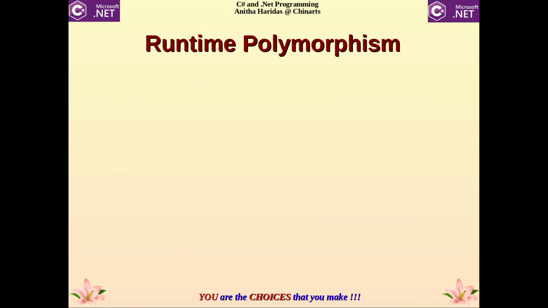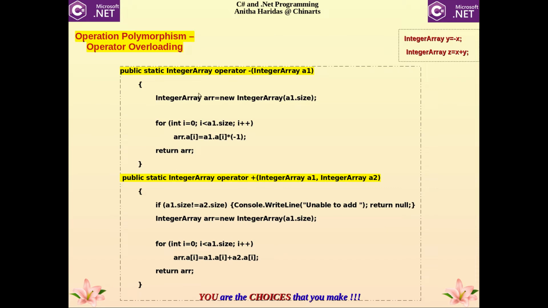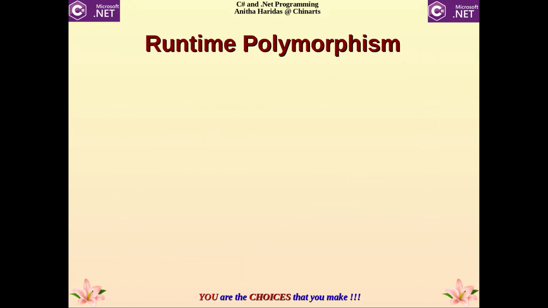Now the operator overloading we will be discussing in detail in another video. What are the overloadable operators, what are the non-overloadable operators, how you can achieve unary operators to be overloaded, binary operators to be overloaded, what are the features of operator overloading, everything we will be discussing in another video. For the time being, just to understand compile time polymorphism, how it is achieved through operator overloading, I have taken this particular example. Now another polymorphism is called runtime polymorphism, the second type of polymorphism.